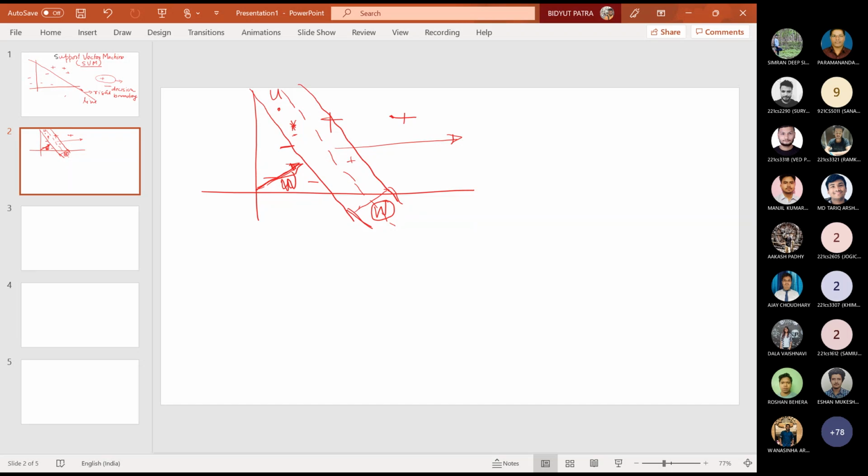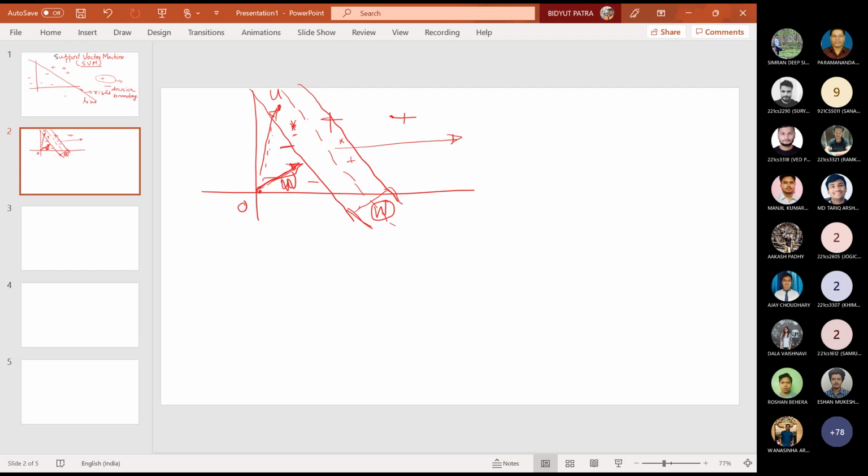Okay, so we need to identify the class level of u. What we do is project the point u on the vector which is perpendicular to the straight line. If you connect the point u to the origin, then obviously this is a vector. Now if you project this vector on the vector w, it may come somewhere here.